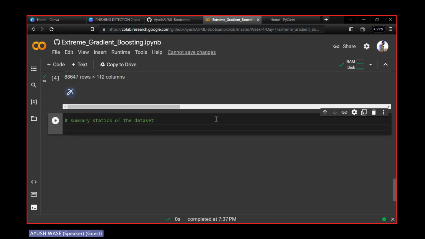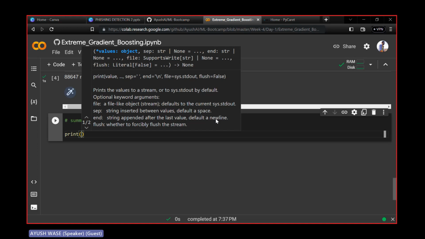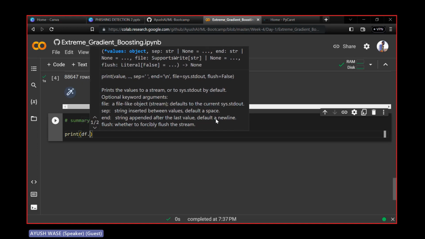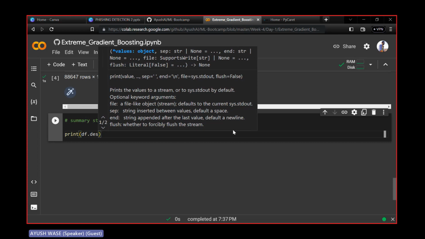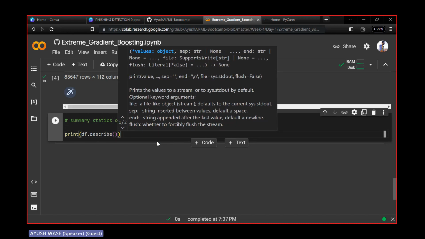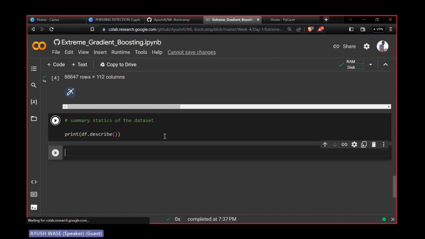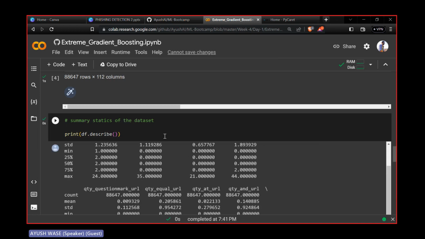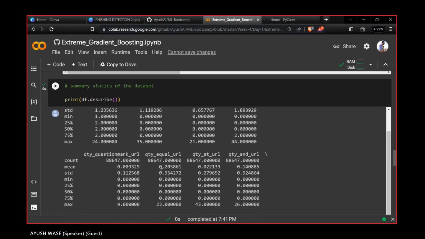Now what I want to do is explore the dataset in more detail, in a more statistical way. I hope we are all aware that statistics is one of the most important parts of data science or data analysis, right? We need to know what exactly statistics tells us. So what you can do is, df is our dataset, right? You can write the describe function inside the print function and just hit shift plus enter, and here you will be able to see